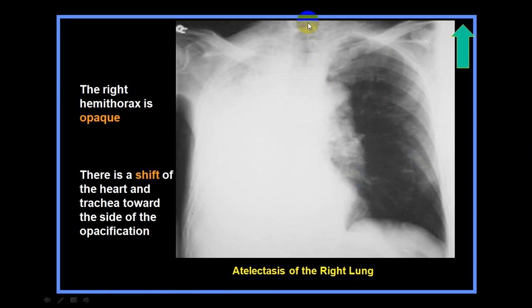Now here you can see trachea is towards the affected side. There is a uniform haziness here, and there is a shift of trachea here. And if you look at the mediastinum also, mediastinum is also shifted towards the same side. You cannot identify the diaphragm, you cannot identify the costophrenic angle. So there is a shrinkage of lung volume. Trachea is pulled, mediastinum is pulled. We can't identify the diaphragm and we can't identify the costophrenic angle. So this is complete right lung collapse, or we call atelectasis.